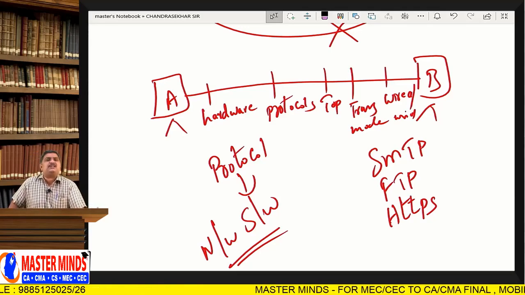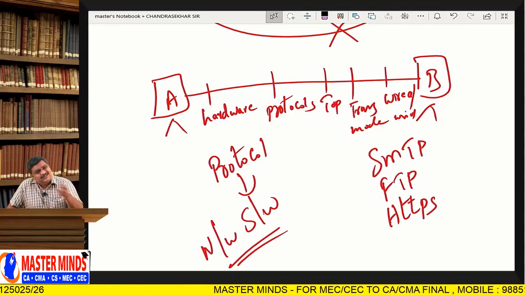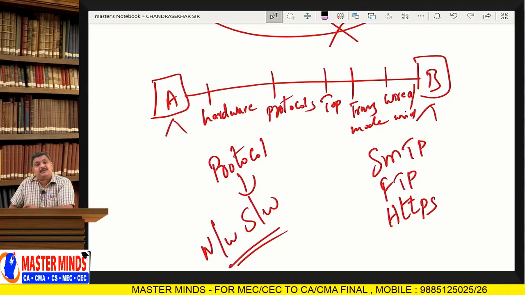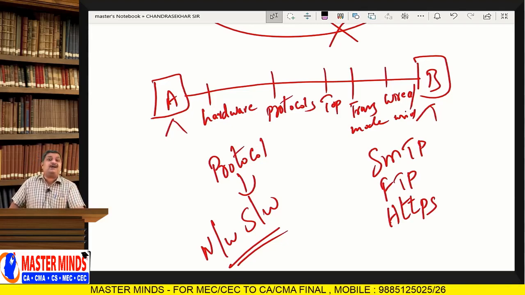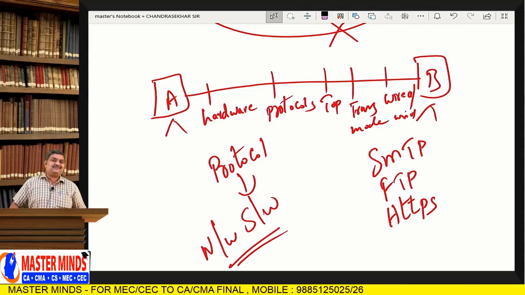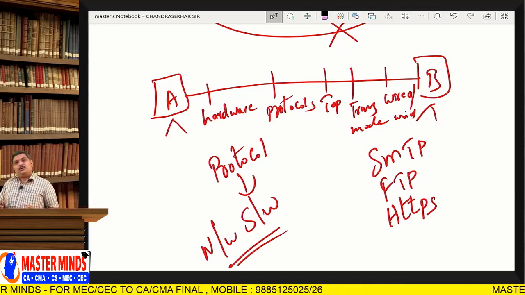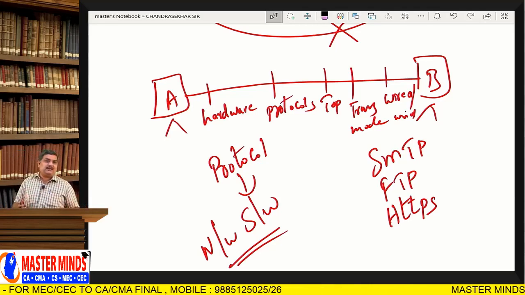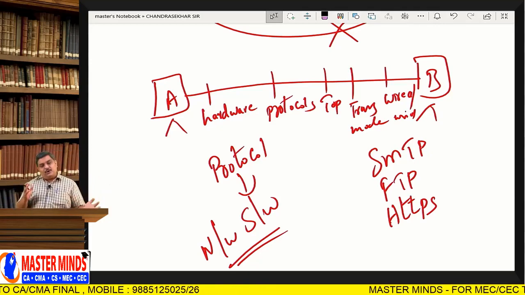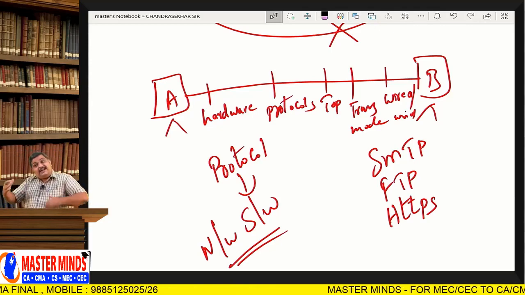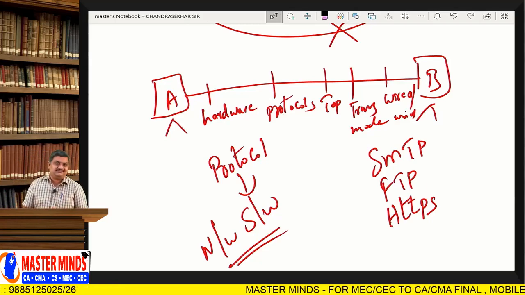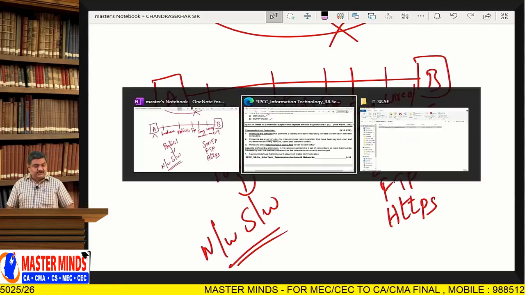What is a protocol? Is it a man? Is it a device? No, it is software. It is a program written by the programmer to control the flow of data in a network. And for everything we have a protocol. Whatever you want to do in a network, for everything a protocol will be there. For downloading a file, uploading a file, loading a site, sending a mail, there will be a protocol. So that is what you need to understand about protocols.